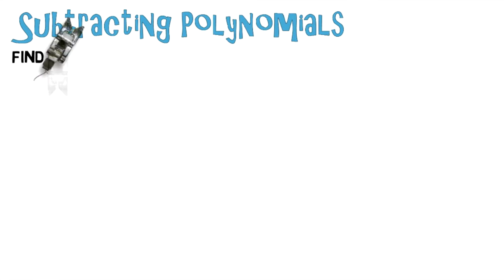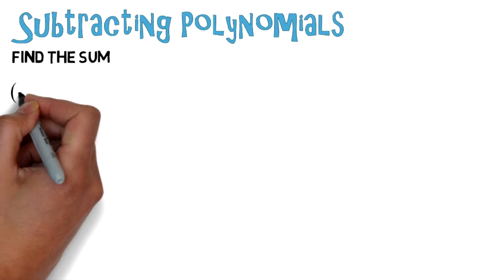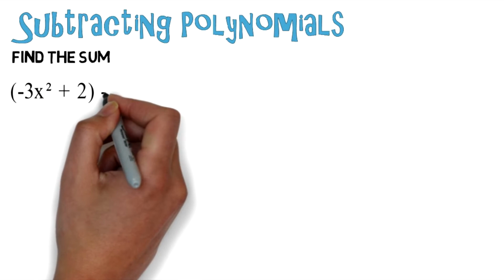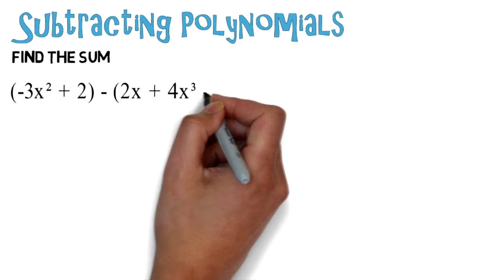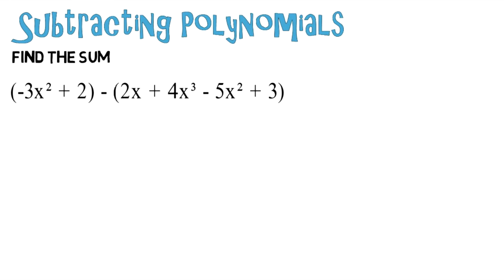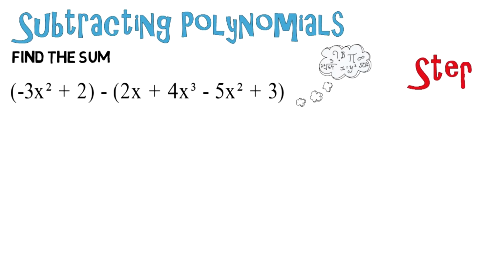First off, we'd like you to find the sum. You're given negative 3x squared plus 2, in parentheses, minus 2x plus 4x to the third power minus 5x squared plus 3. Now I want you to take some time and try to figure this out for yourself. Try to work this problem out on your own time. But if you have a hard time and get stuck, here are a couple steps to help you